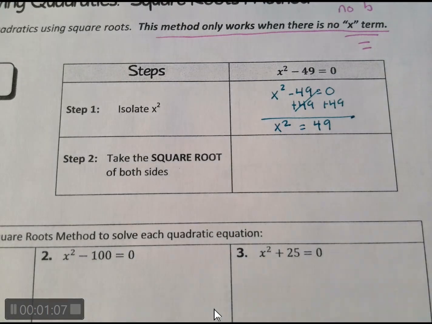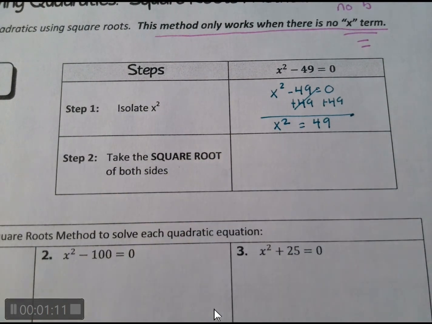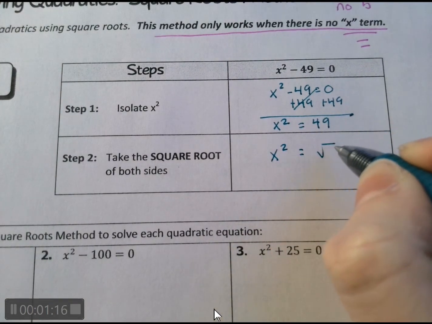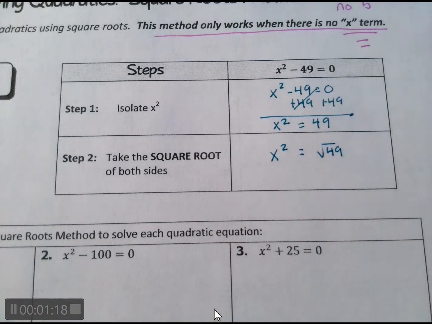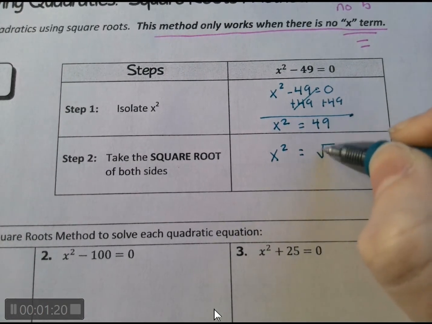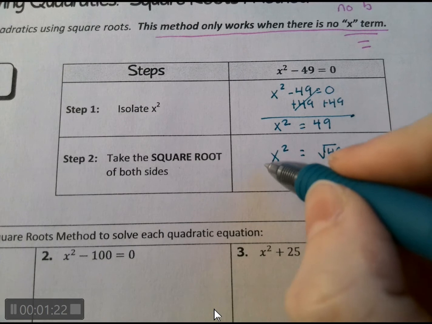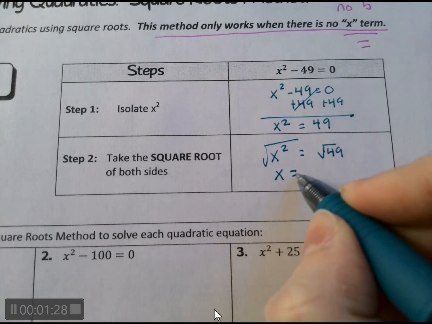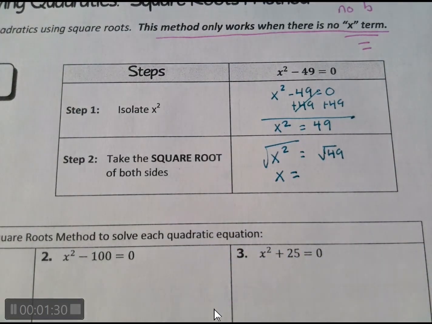Okay? And then our second step is to take the square root of both sides. Okay? So we have x squared equals 49. So that symbol is taking the square root. So we take the square root of 49, we take the square root of x squared. Because this will leave us with x equals, if you do not know the square root of 49, put it